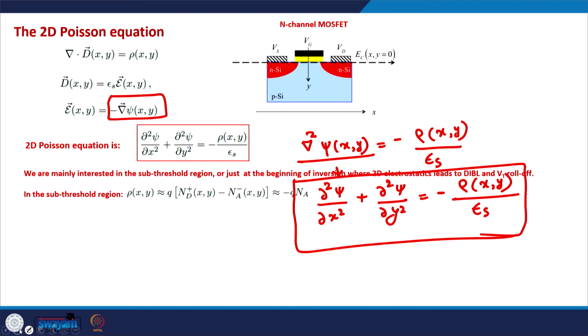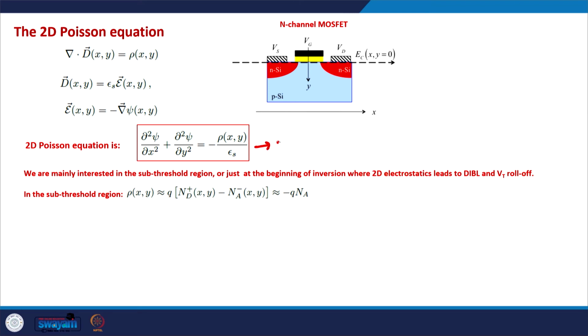And if we quickly recall the 1D Poisson equation, the 1D Poisson equation looks like this. So this is the 2D Poisson equation. The 1D Poisson equation looks like this, and generally